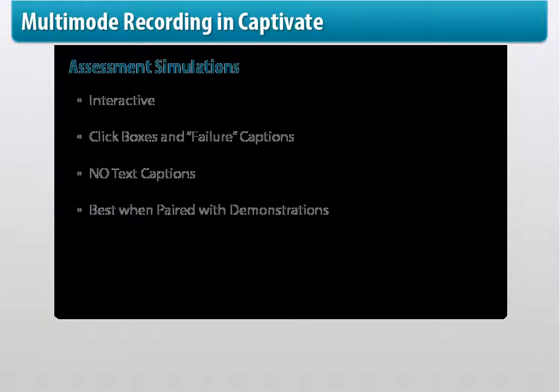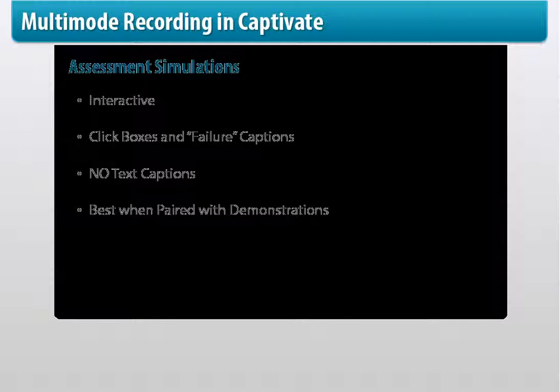Assessment simulations are used to create interactive e-learning lessons. Using this mode, you'll end up with a lesson that includes click boxes to make the lesson interactive and failure captions to help users who click in the wrong place or perform the wrong step. However, assessment simulations don't include text captions, which are the elements that tell users what to do or explain why